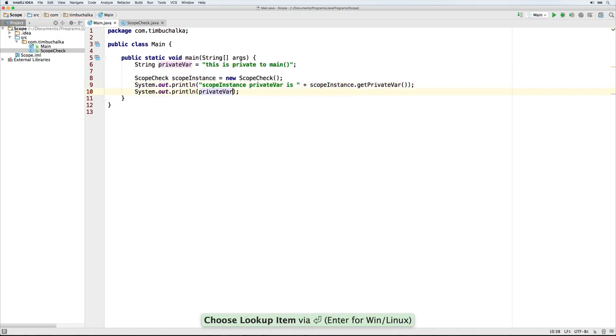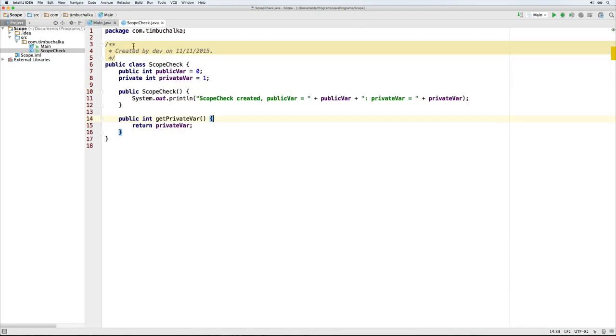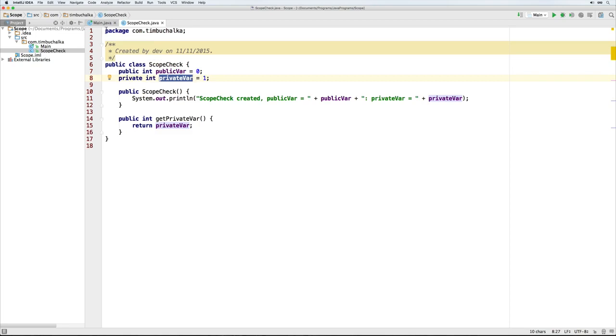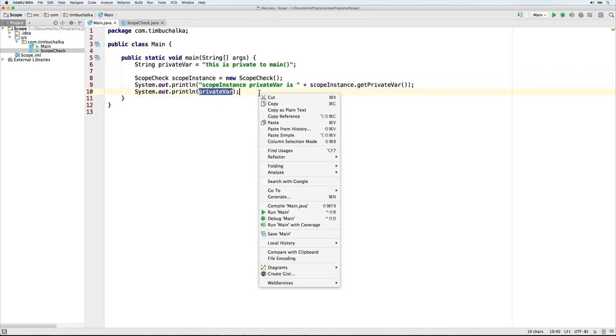for privateVar. And of course we notice that the privateVar there and privateVar here are the same named variables, but they're actually separate variables. So we've got two variables called privateVar. One's the string, which I've defined above in the main method, you can see on the screen, and the other is the int in our ScopeCheck object that we created, which is going to be scopeInstance. Now we can only access the privateVar in scopeInstance by using the getter. Again, the getter was what we created here. We can't access that directly, so if we actually run this,